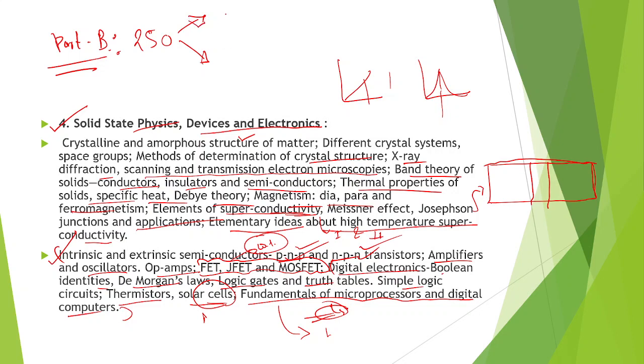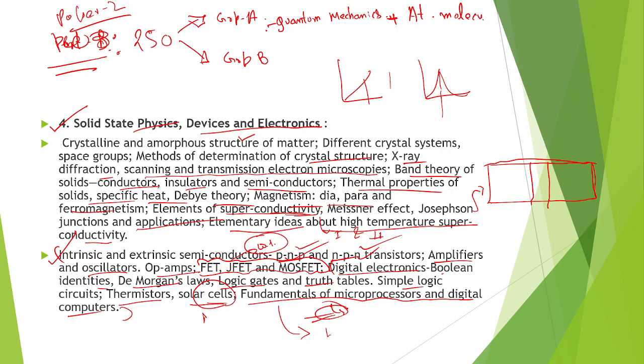So 250 will be in Group A for you. Part B, meaning Paper B, yes, Paper 2, will be your quantum mechanics. I think you can understand my handwriting. Actually, physics is a subject of numericals, so numericals mean mathematical expressions and all. So I don't think you people will get any problem understanding my writing. So, atomic and molecular quantum mechanics. For group B, we have